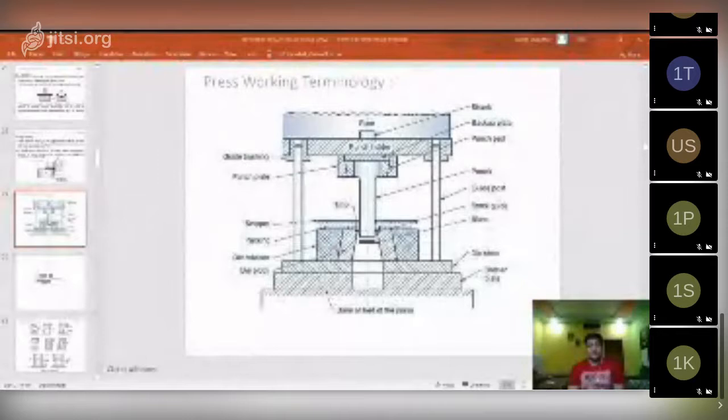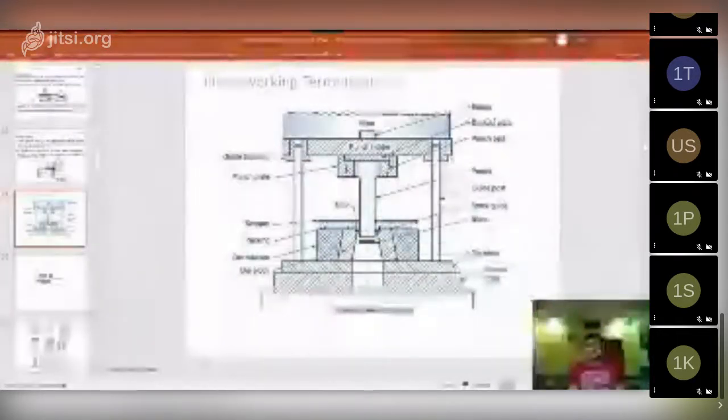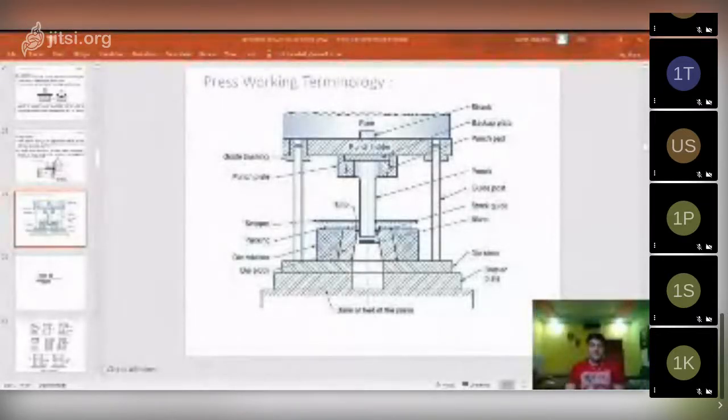So according to that, we have to design the die and punch and other terminology as seen in this figure. We have to design the bed dimensions, the block dimensions, and this die block. There are different ways to design this.